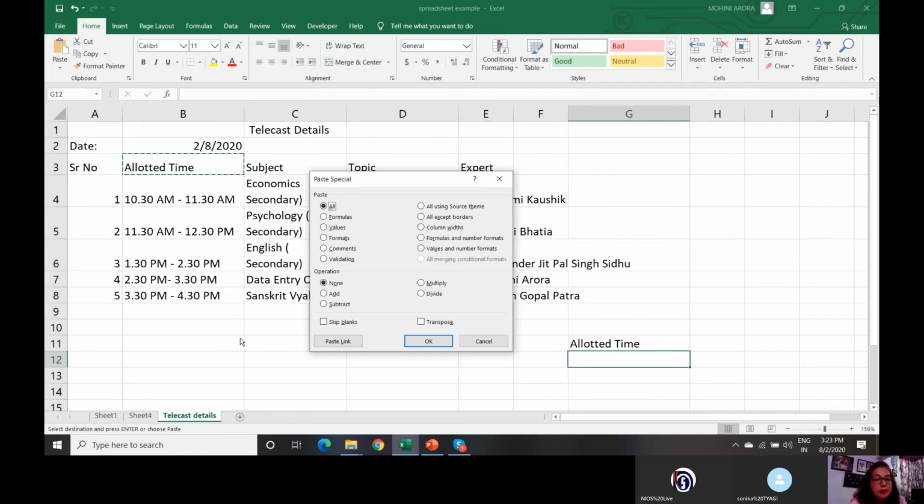It will not be copied. So paste special really gives a lot of flexibility to the data being copied. It really helps, yes, I can restrict what all I want to copy, what I don't want to.